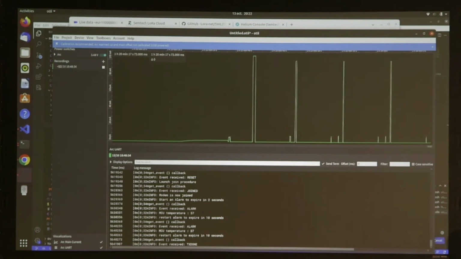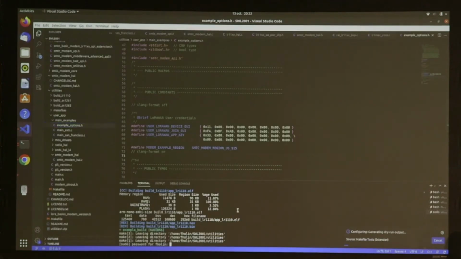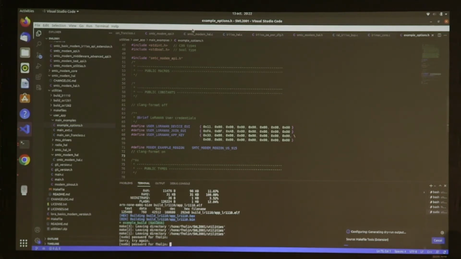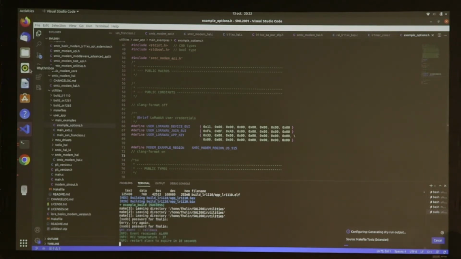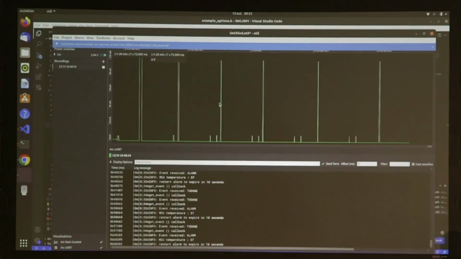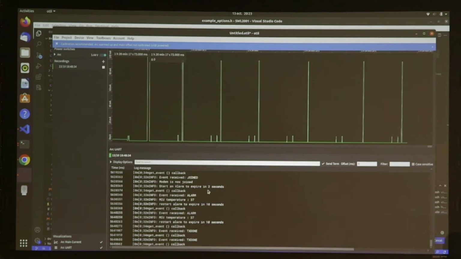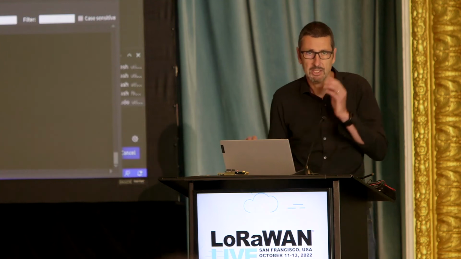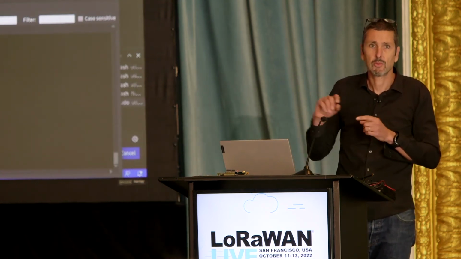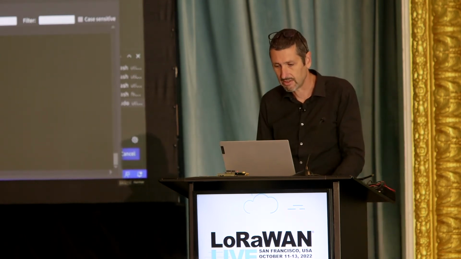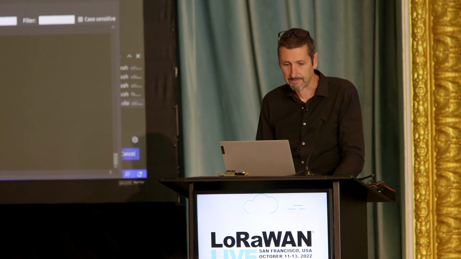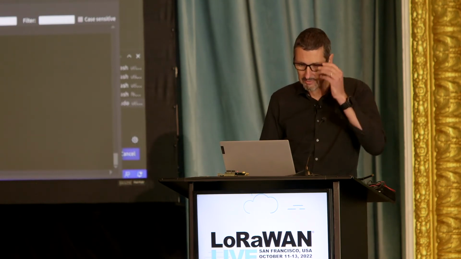So, what do we see? We have received a join event, and we periodically transmit every 10 seconds. Now we are waiting for a downlink to jump to a new stage, to stop the periodic transmission and try to get the network clock sync. But maybe just before transmitting this downlink,